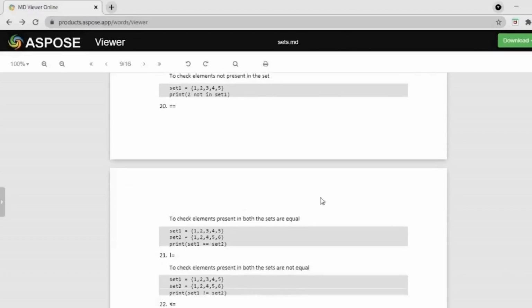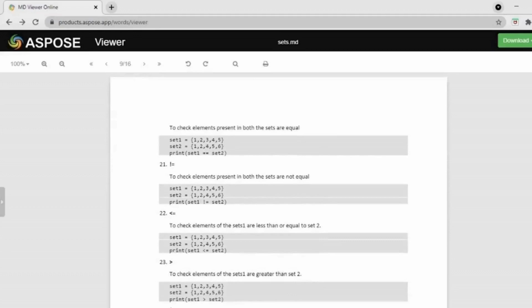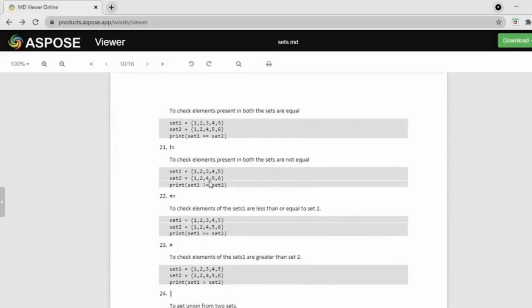Next is equals operator. Equals operator is used to check equality of two sets. If both are equal, then it will return true, and set 1 not equal to set 2 will return true, because this set 1 is not equal to this set 2.